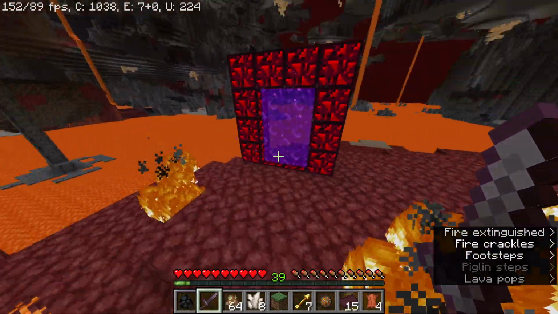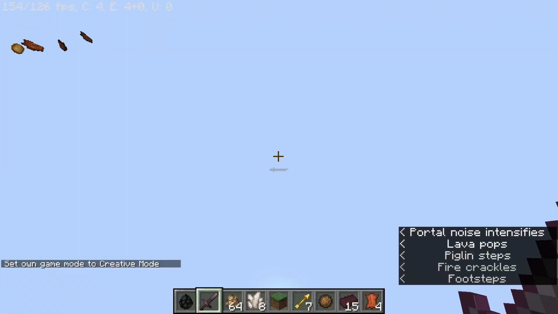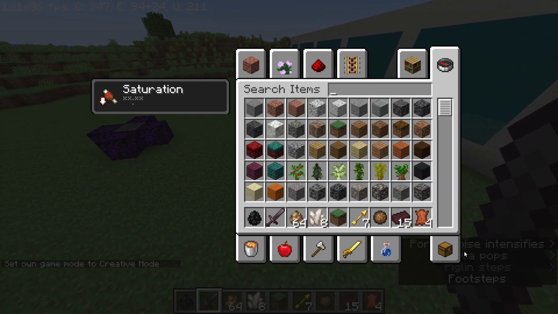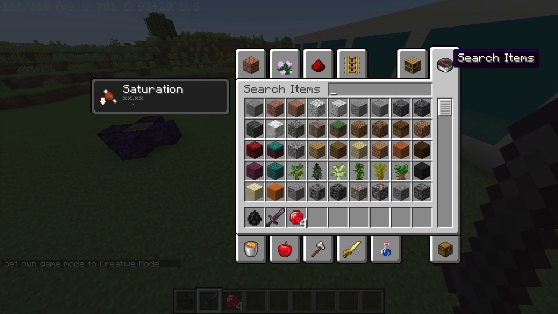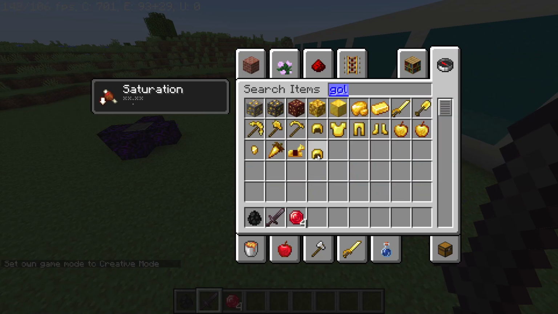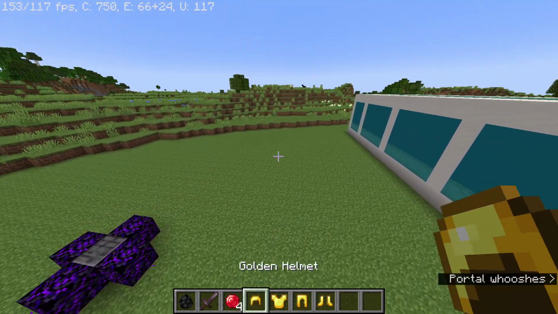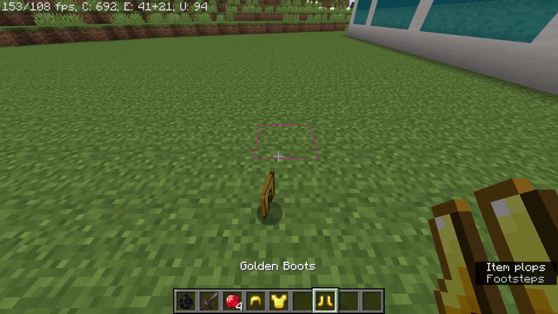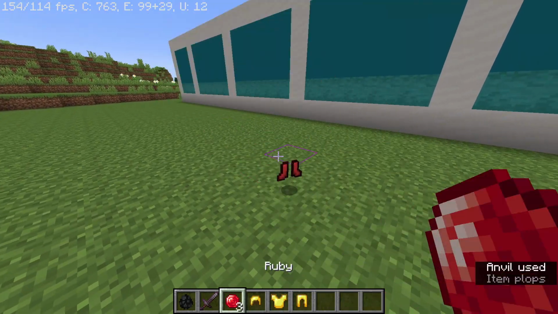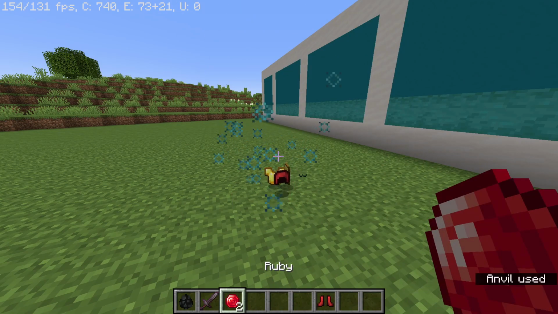Okay, so with 4 rubies, you just take these rubies and get your golden armor out, which if you did a nether only world, it'll be very easy to have. You just drop it on the ground. Actually, you don't need to have it all at once, you can just do individual parts. And then it just does that. Or you can have it all on the ground and then just...